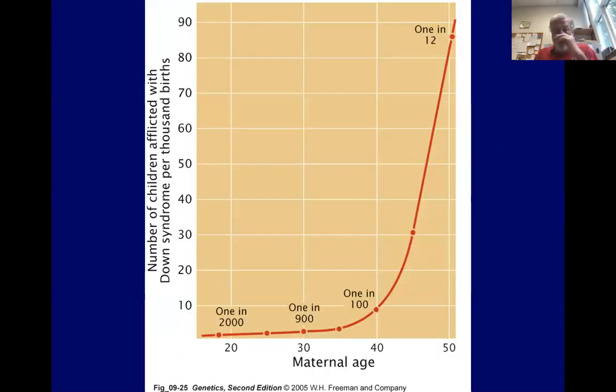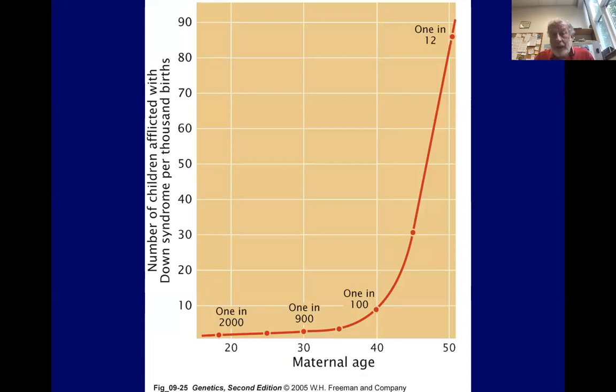This shows you how the incidence of Down syndrome really increases with maternal age. So it's 1 in 2,000 in women who give birth in their late teens. By the time they're 30, it's 1 in 900. By the time they're 40, it's 1 in 100, so that's 1%. And then in the few instances where women have had kids at age 50, it's about 1 in 12. They're approaching 10%. So the older the mother gets, the more likely there can be